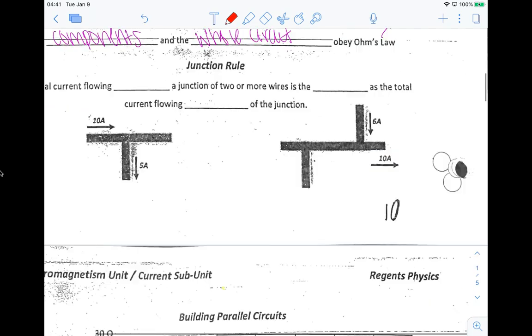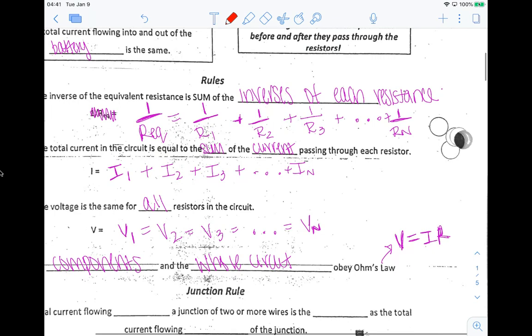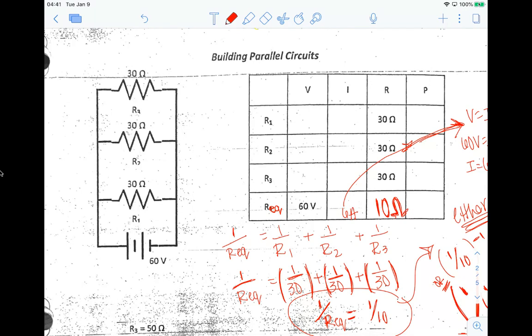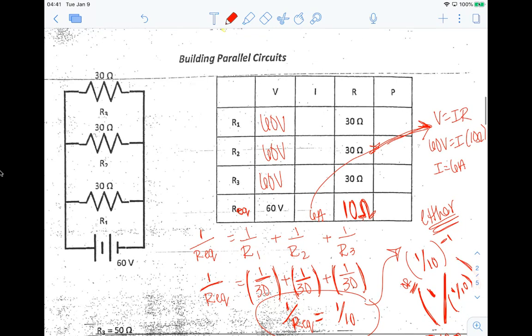If we go back and look at our parallel circuit rules, we see that in a parallel circuit, your voltage is constant everywhere. Don't make the mistake and switch it with series. So if my voltage is constant, then I know that my 60 volts is going to be for each one of my resistors. I could then go ahead and solve for all of my unknown currents using V